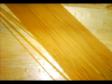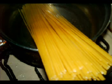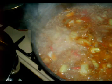Now, as for the spaghetti, it is basically just boiled in some hot salted water and probably a bit of seasoning. Now if you haven't got a big enough pot, put the spaghetti in, and as seen here, leave it hanging over the side, but so as not to fall out, as when they boil, they'll become softer,